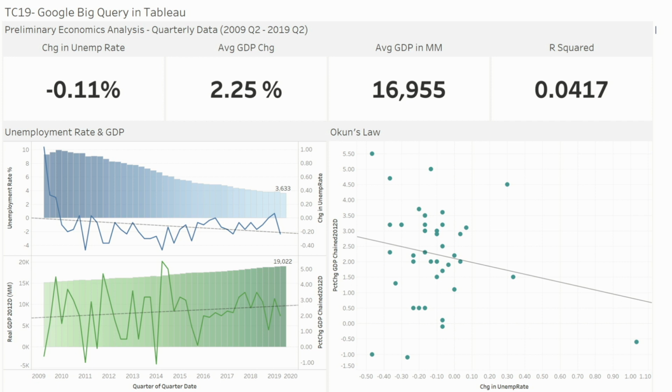Here we begin to study the relationship between unemployment rate and GDP growth. There's a thing called Okun's law that stipulates that for every 1% decrease in unemployment rate, there's an expected 2% increase in real GDP growth. We're going to put that to test and understand that Tableau today gives us that linear regression capability, but when we want to train a data model with much larger historical data sets so that the linear regression model is perhaps more reliable,